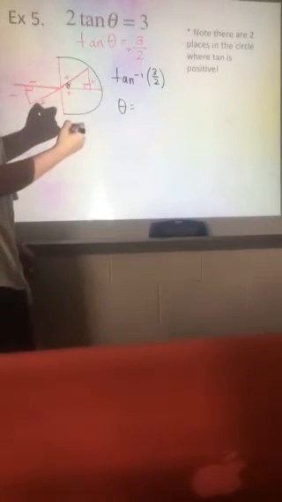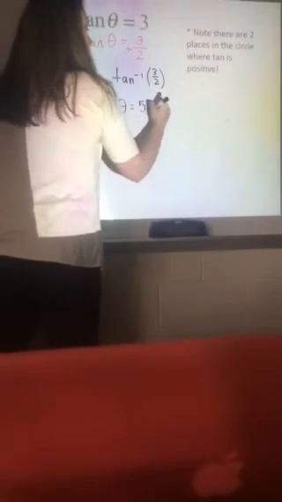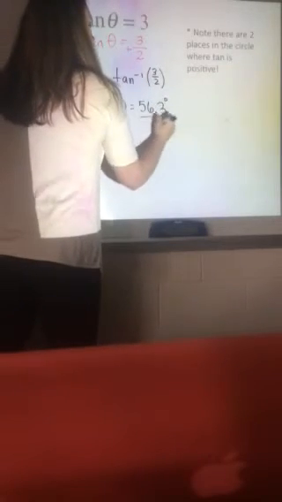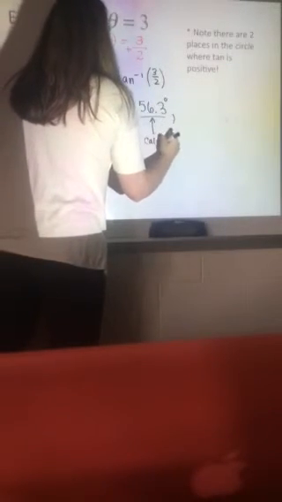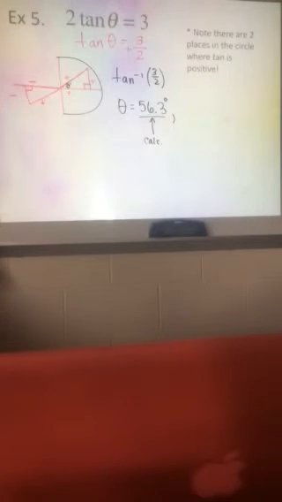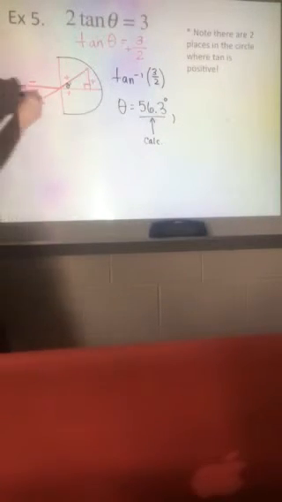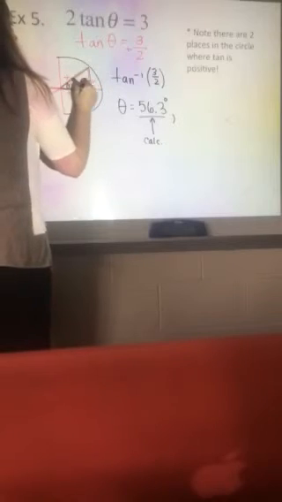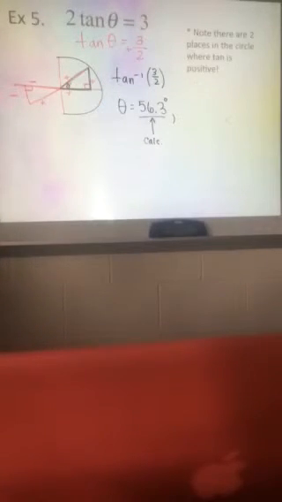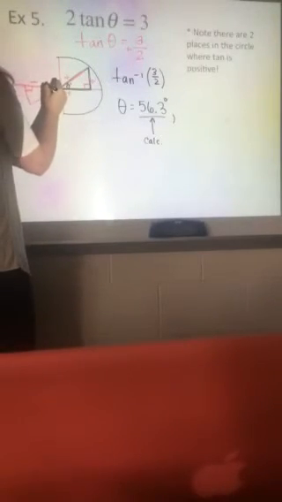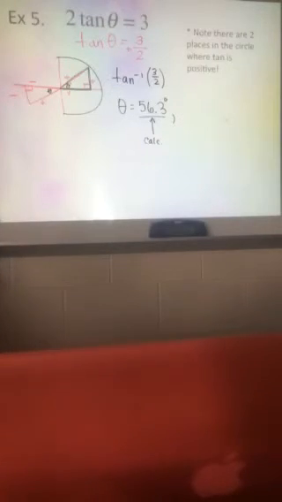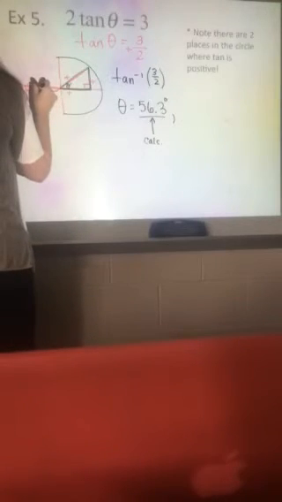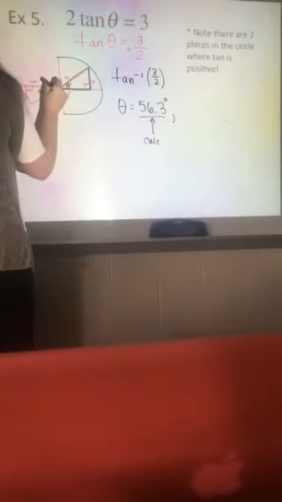What'd you get? 56.3 degrees. Okay, that's what comes from your calculator. Make sure your calculator's set in degrees. Okay, so that took care of this black triangle that I'm outlining right now. You remember vertical angles? Yes? Okay, do you agree that this angle over here is the same as that angle that I already have marked? Yes? Okay, so if I put in here that this is 56.3 degrees, this angle here,